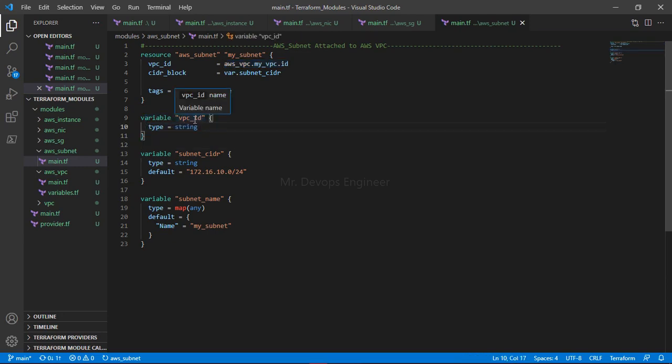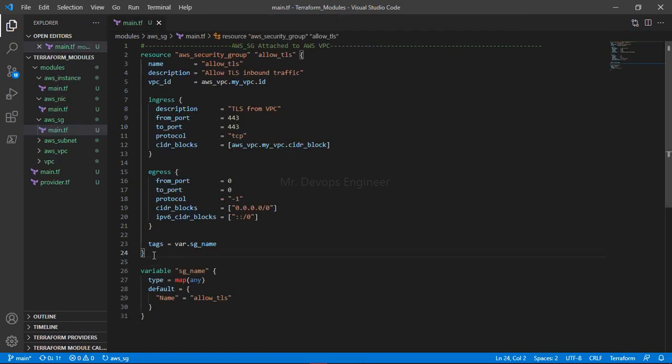Now I will make use of this variable. Just delete everything, clear it, no need, var dot VPC ID. So I hope you understand my point, right? If you are getting such ID-like fields, you just variabilize and you will not pass any default value, right? Okay, so the same thing I'm going to apply on all. Let me stop this video and let me come back.